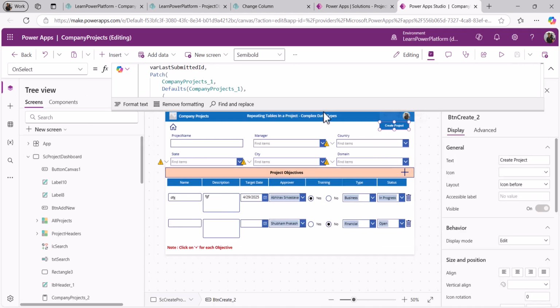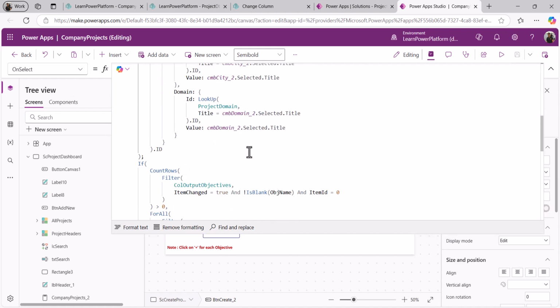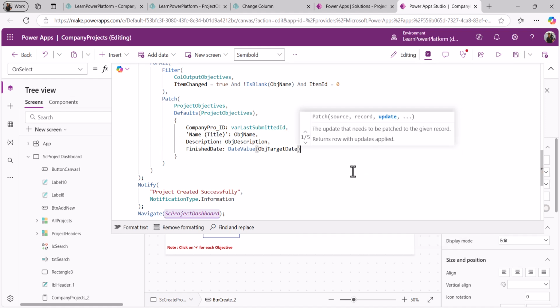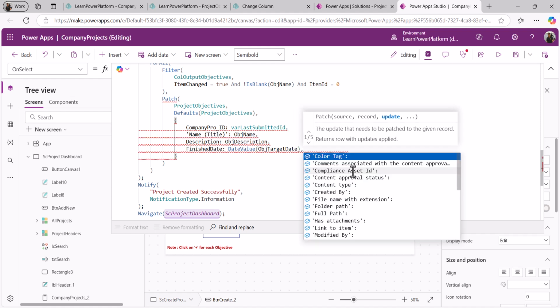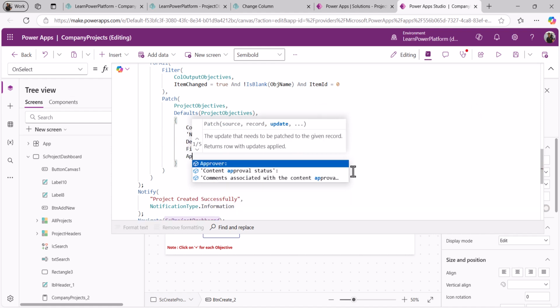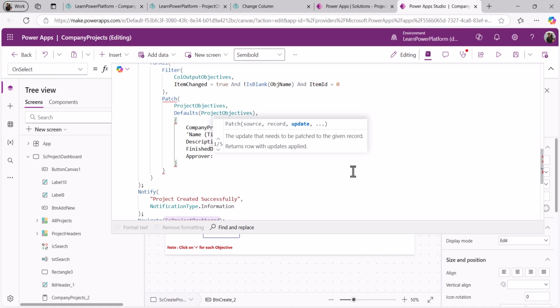If you click on this create project button, as of now you are seeing that I have already written the code in the first part of the video. I will append the code for this. As approver is a person kind of column in SharePoint, it will be a record kind of thing. So in the patch function, how to write it? We have to write approver